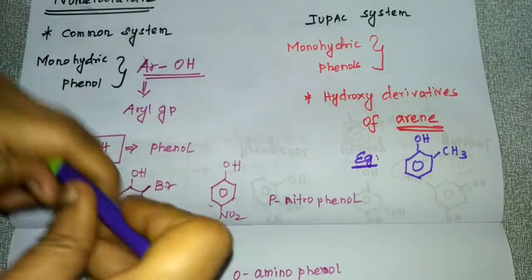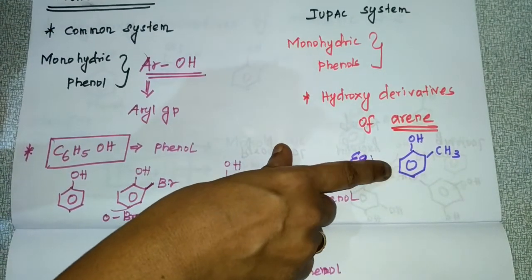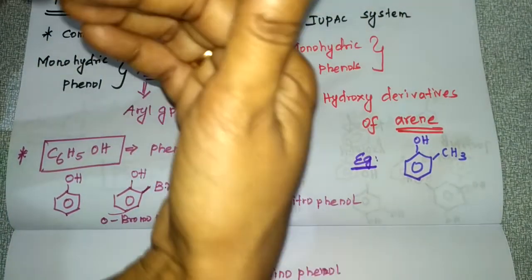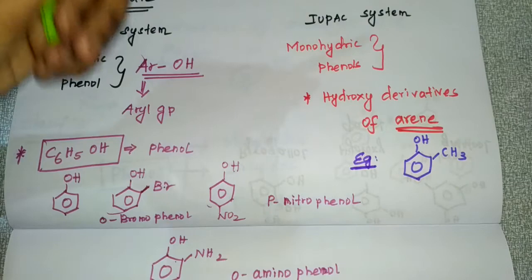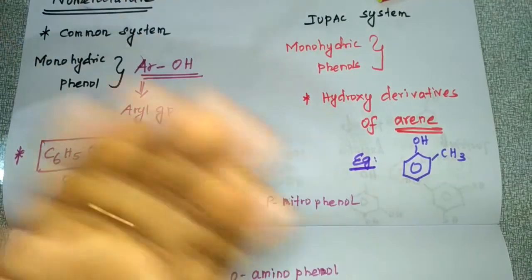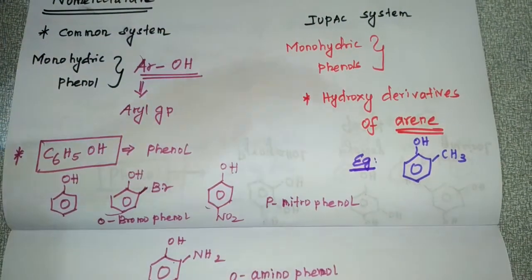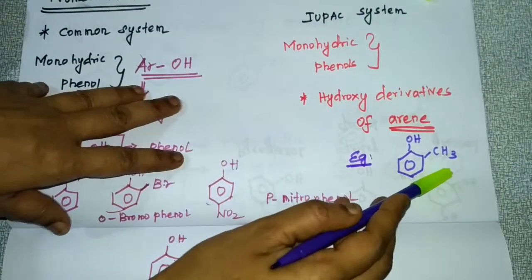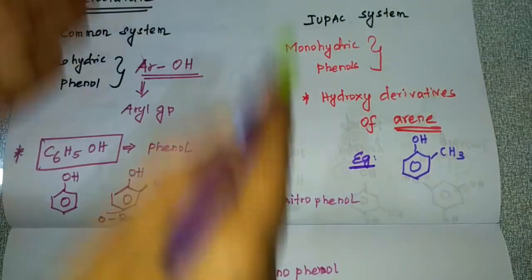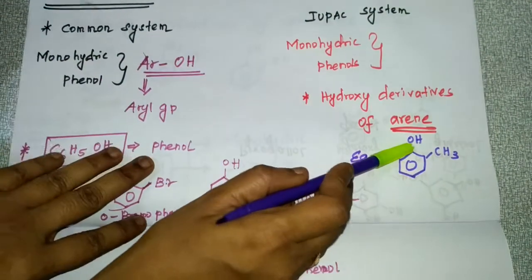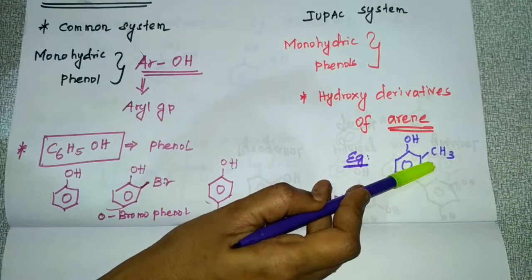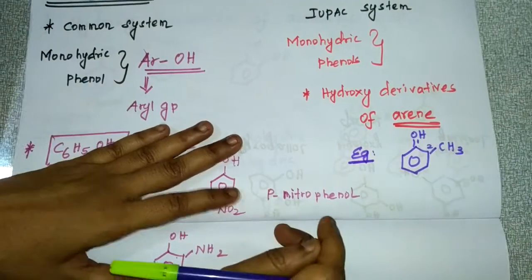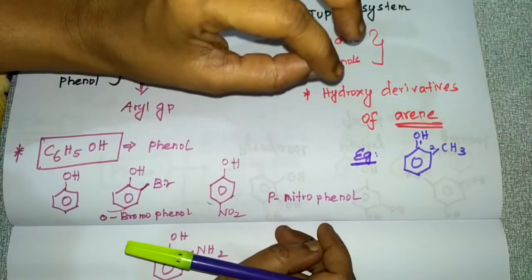See, if any substituents are present on this benzene ring, what you have to do? According to the priority order, according to that seniority order, you have to number it. That seniority table, that priority table, you already learnt in 11th standard. So to which one do you have to give the number? Here CH3 is there and OH is there. In the seniority table, OH will be before the alkyl group CH3. So to which one do you have to give the number? You have to give the number to OH, then to CH3. Okay.